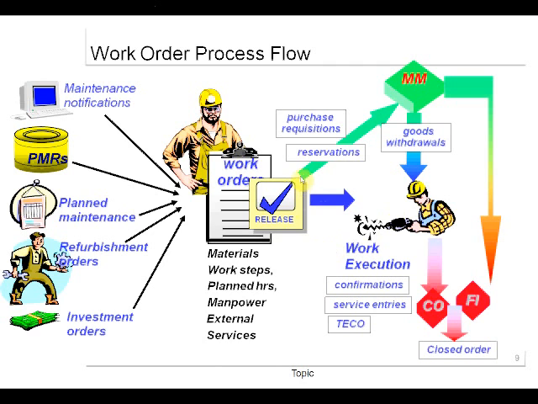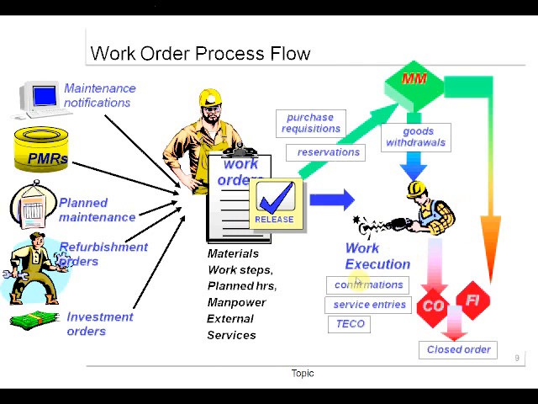Or imagine the materials are not there in the store, what happens? A purchase requisition is created. This purchase requisition will go to the team. They will create the PO and procure the materials. Once the materials are procured, I withdraw the goods. Either I withdraw the goods this way or this way. If it is existing, then the reservation will be created and I'll withdraw the goods. If it's not there in the store, a PR is created, it goes to the module, then they procure the material, then I withdraw it. Once I withdraw the goods, I perform or execute the activity.